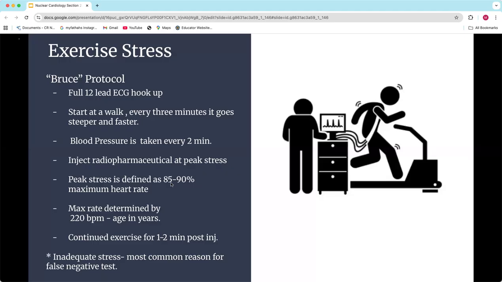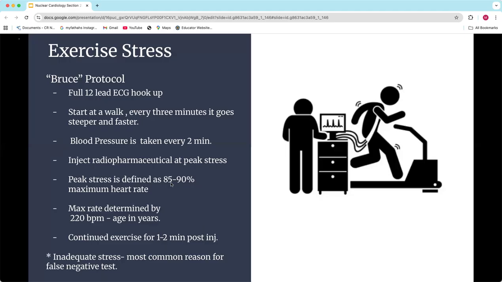Now, the other caveat I should put here is you probably aren't going to be running the treadmill. You're probably going to be responsible just for the radiopharmaceutical. Most facilities will probably have an EKG tech come in and run the EKG side, and you'll probably have a PA or a doctor that oversees the actual time on the treadmill. Okay, so there could be up to 3 of you in there. At our facility, our PA comes in and runs the EKG and directs the treadmill while we're just on standby waiting to inject the radiopharmaceutical.